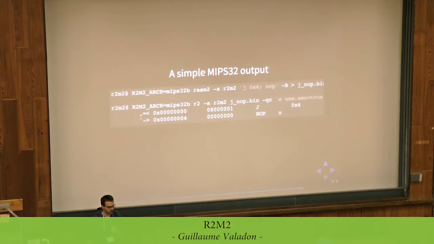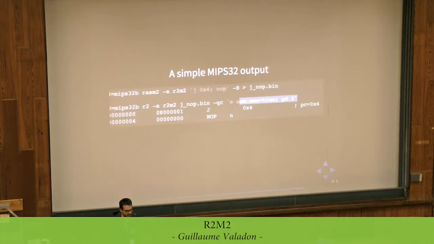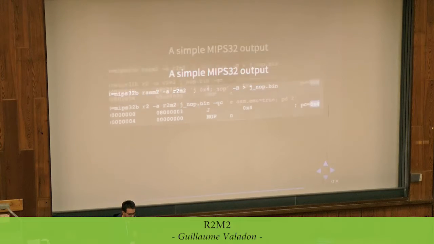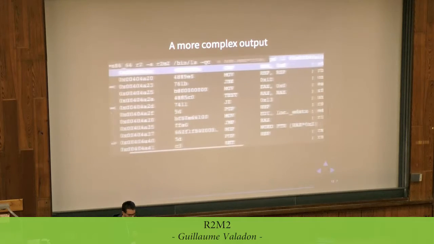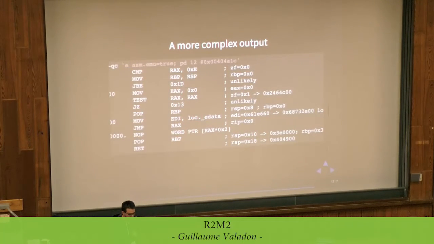So here I can get that for free too. I need to expand that. That's the same example, but I gave radare this ESIL stuff. And here it sets the PC register to 4. So that's from Miasm semantics to radare really easily. More complex output, same stuff with bin/ls. Again, we need to check that. It managed to set the zero flag, the value for EAX, and so on.